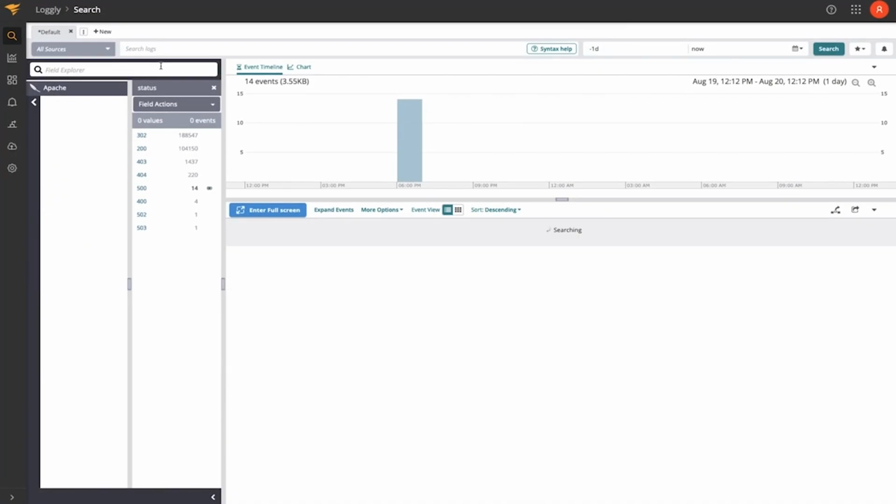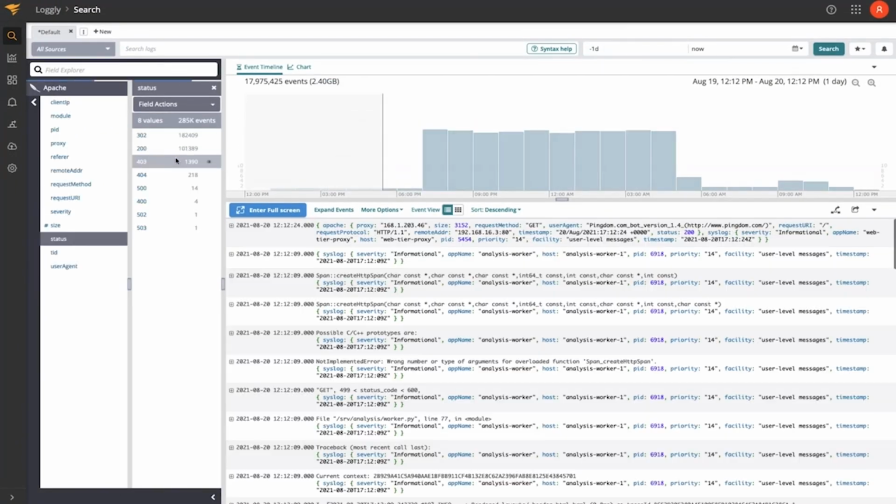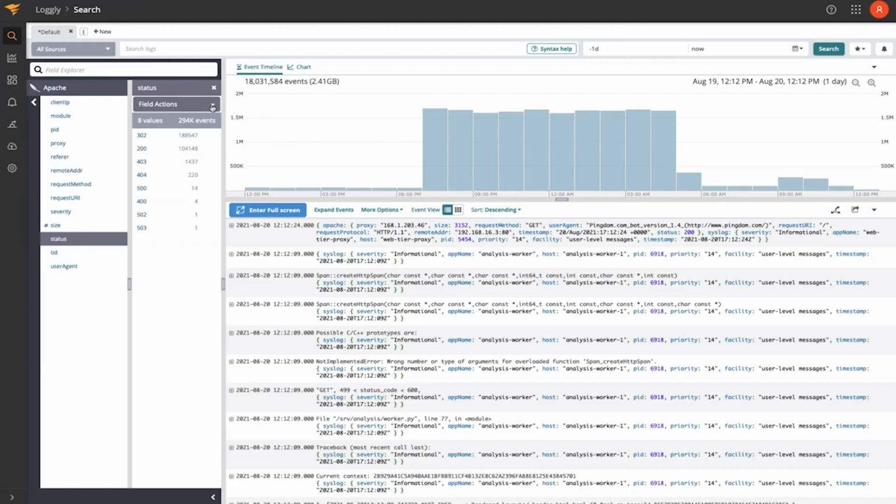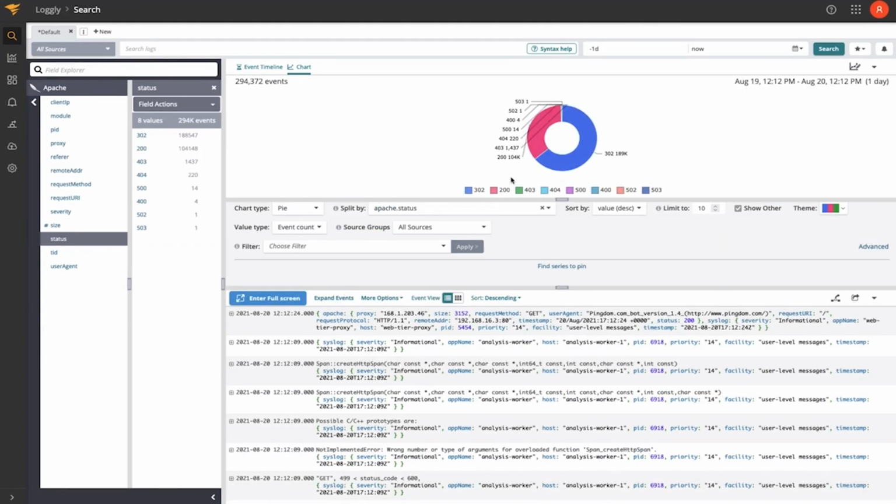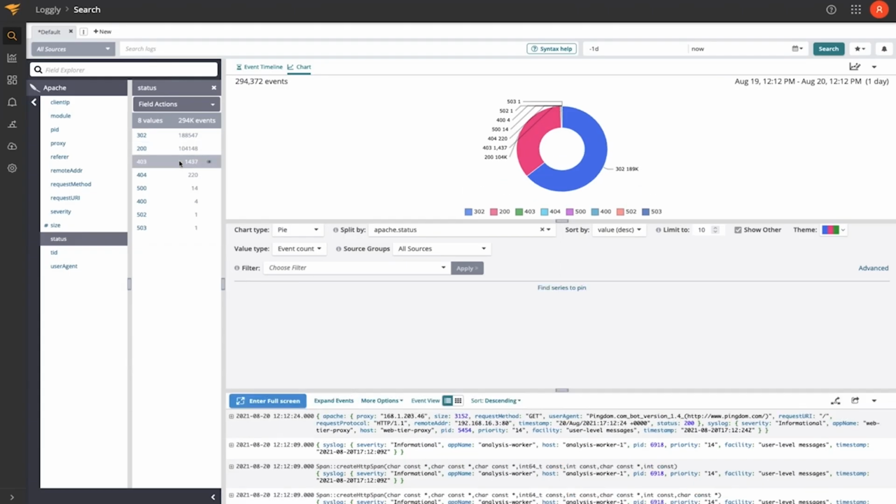Maybe what I'm more interested in is understanding the distribution of status codes. So I can use a field action to do that and visualize those events as a pie chart, which helps me understand how many of each type of event we've seen displayed on a chart like this. And I can sort this by ascending to make it a little bit easier to read. So my 200s, everything's good, all the way up to my 500s, where something's going wrong internally in the web